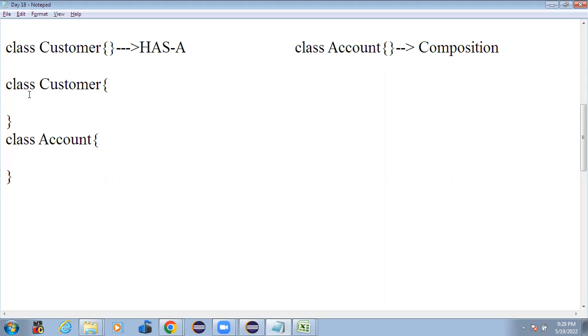In this Customer class, there might be a customer ID, customer name, customer address, and other things will be there. Similarly in Account, there will be account number, account balance, account details, everything will be there. But these classes are related with each other. Then if we want to implement such a program, what do we have to do? In this case, we have to